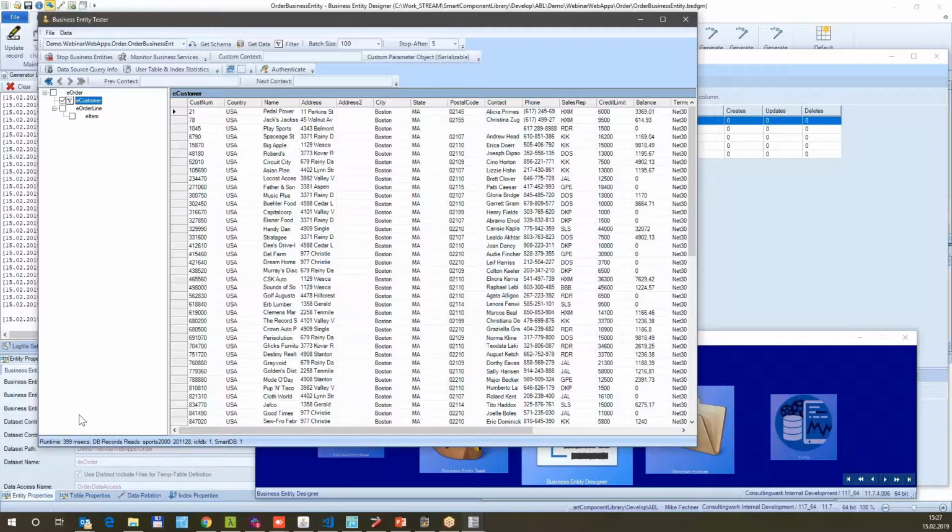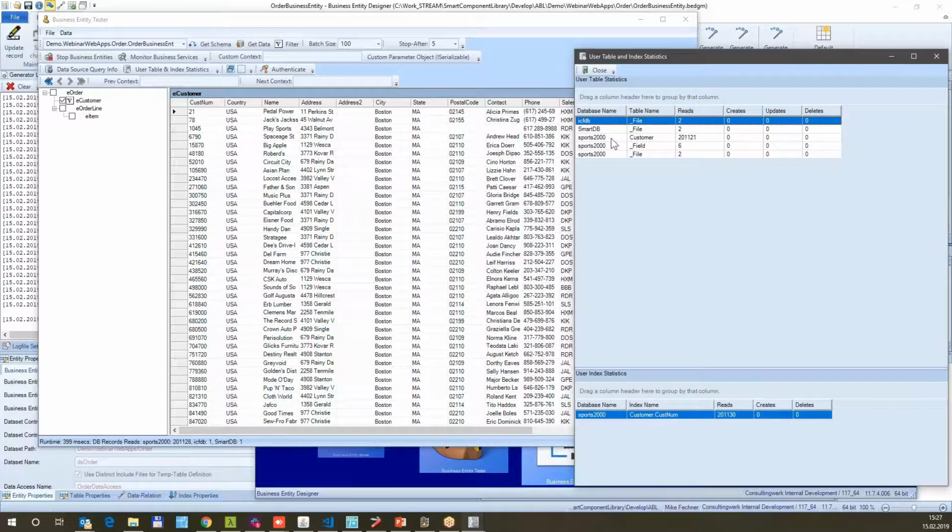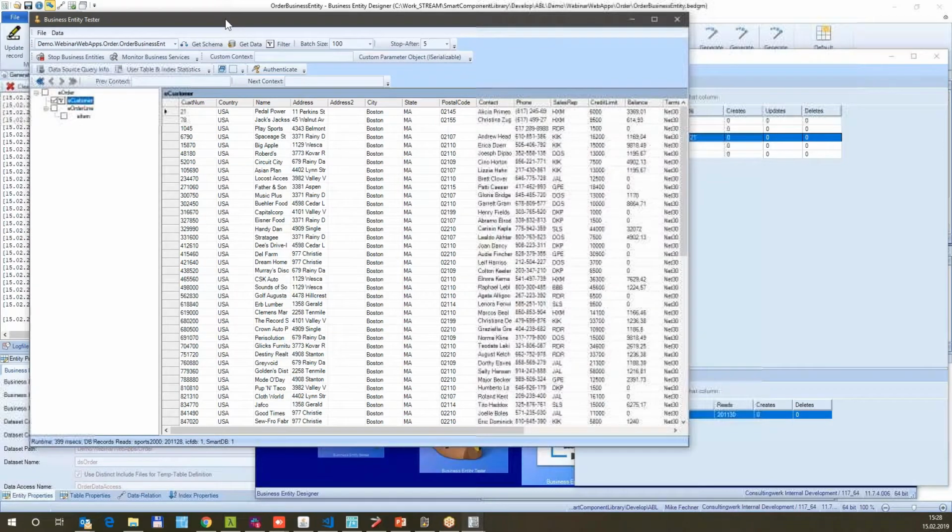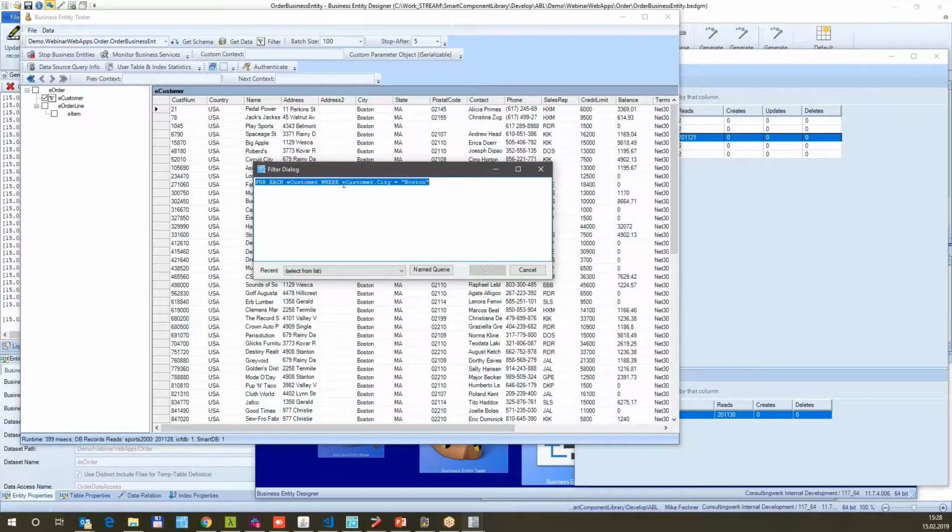My database has 201,000 customers here. And actually, if I look at the statistics of the database, I did actually read all of them. So I know I've done a full table scan, and I know that the database administrator of my customer would probably be pretty mad at me if this happens in a production environment too often. So that's an easy indication, if that's a typical query that you need, that you're either missing a field along the way to match an index,